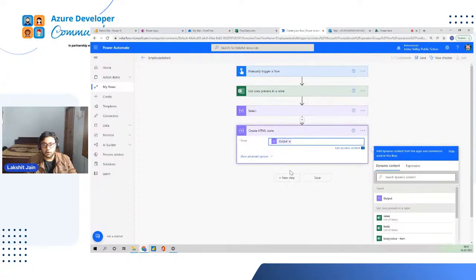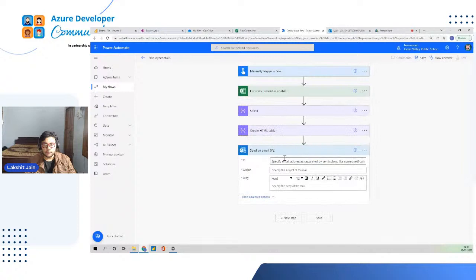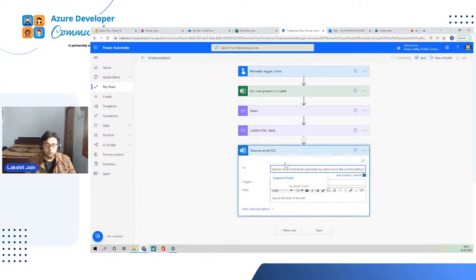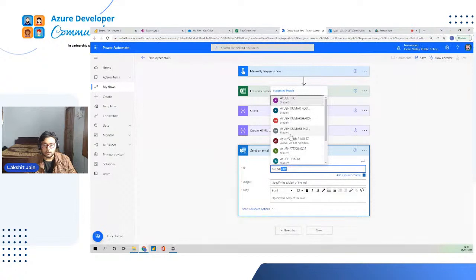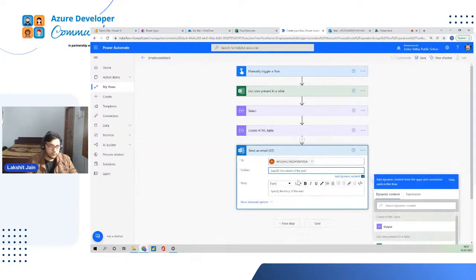Now, since we have got all our data, let us send an email to myself right now. So if I choose the Send an email action, over here I can see all the details of what I want to send. So let me send this email to myself only. The user right now is Ayushi. Let's keep the